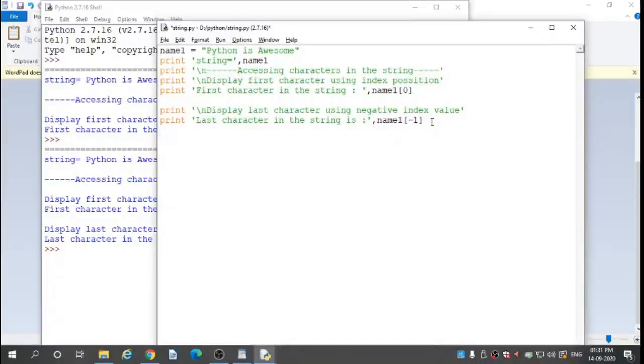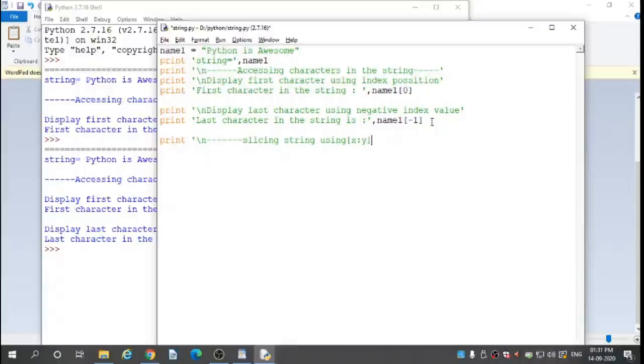Next, print in single quotes \n slicing string using square bracket x colon y.